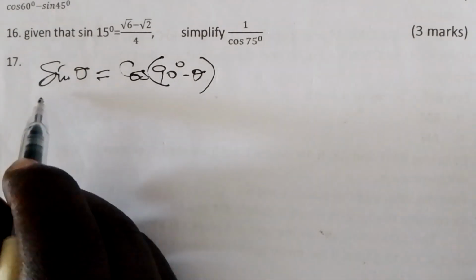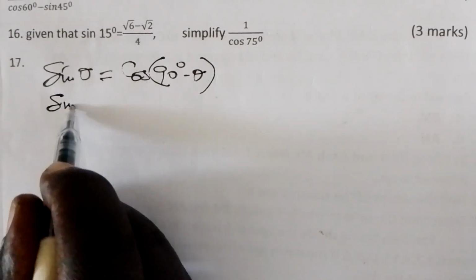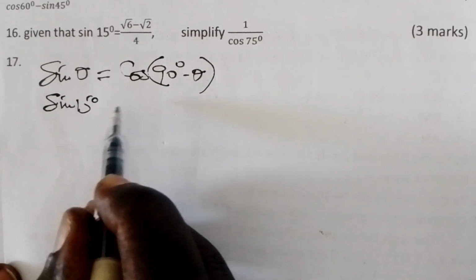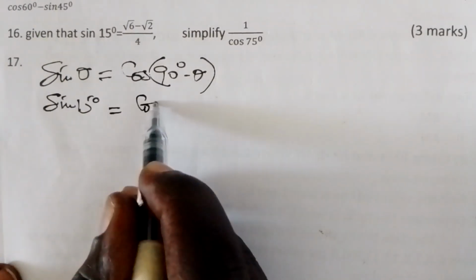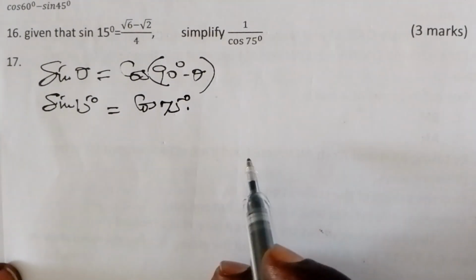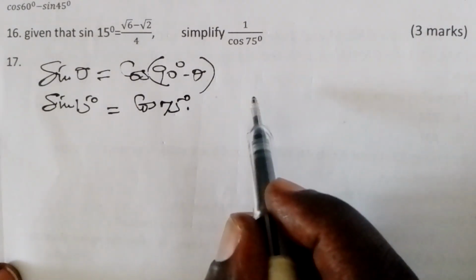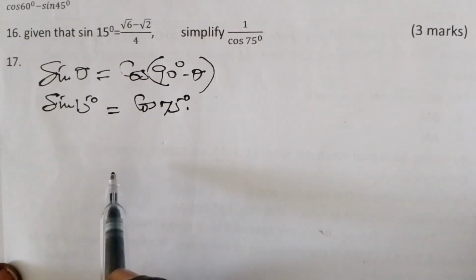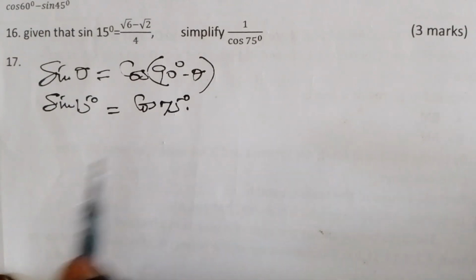So we're going to have sine 15 degrees equal to the cos of 75 degrees. They are complementary in that 75 degrees plus 15 degrees will give you 90 degrees. Therefore, in this particular case,